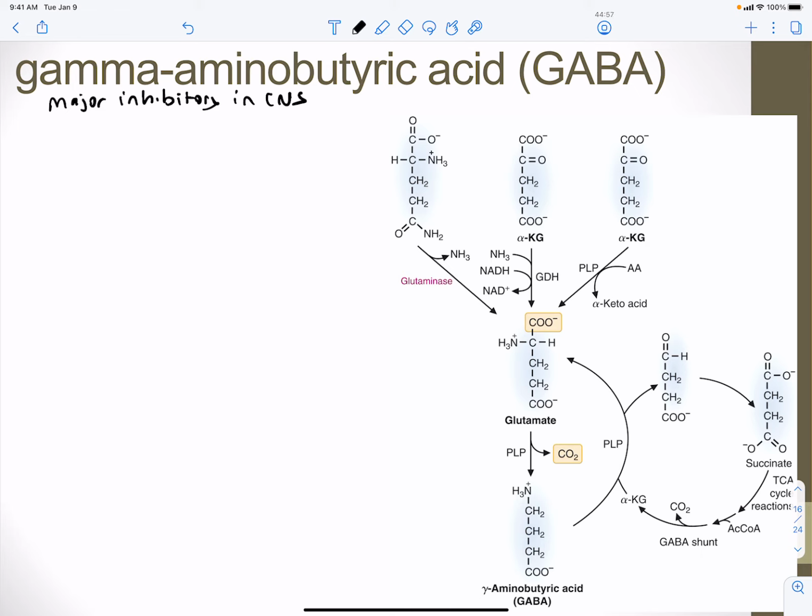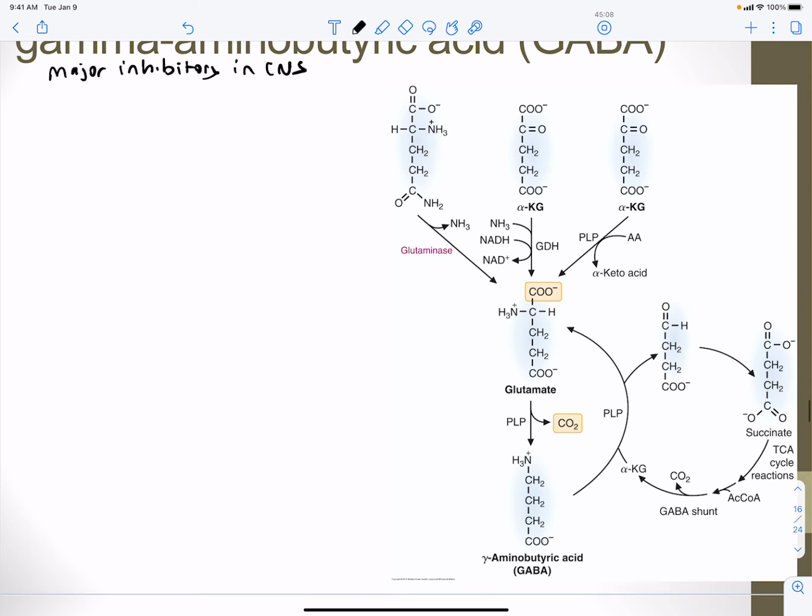So if its function is altered, it has been shown to have a pathophysiological presence in such disorders. It's going to be synthesized from glutamate. So here we have glutamate. And you're going to get decarboxylation, so you release a carbon dioxide, and that is through GAD,